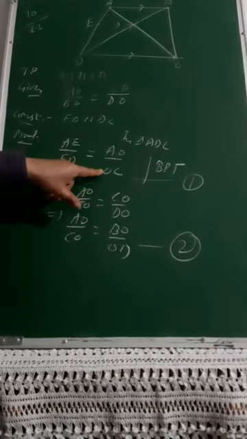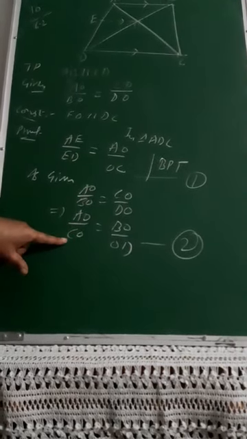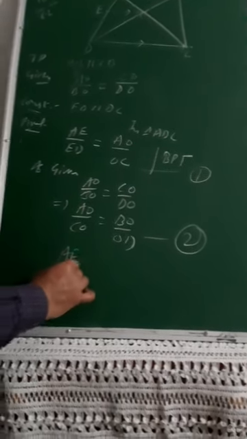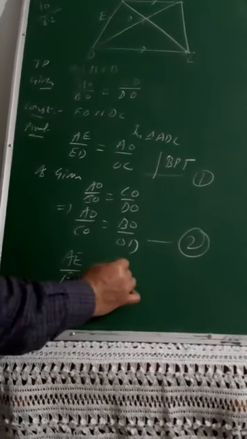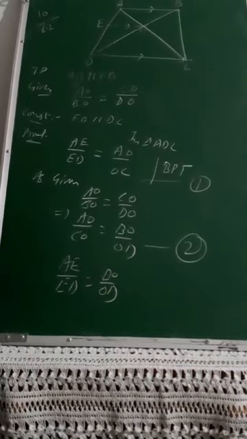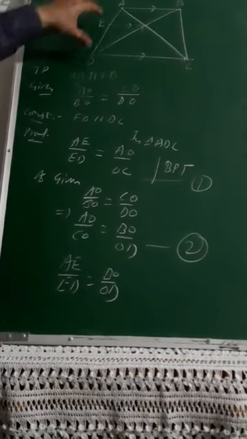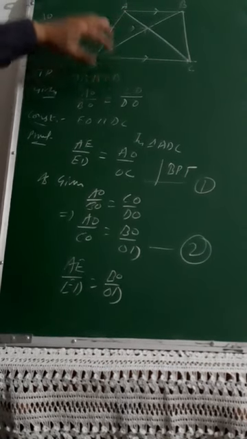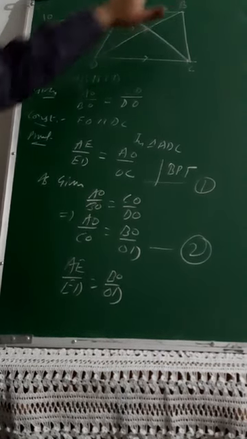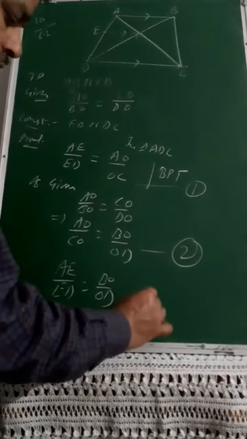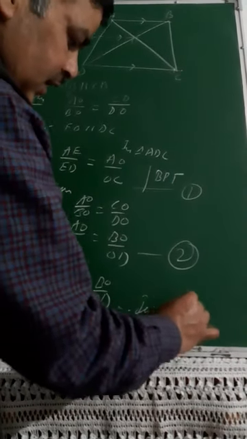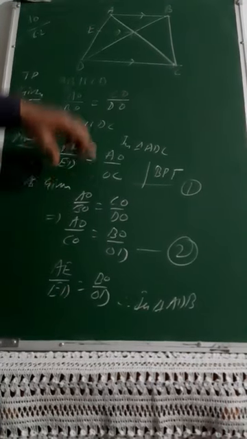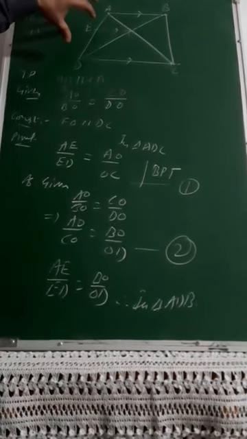So now this is also AO upon OC, this is also AO upon OC. So if I compare, I'll be getting AE upon ED is equal to BO upon OD. So now we look at this, AE upon ED is equal to BO upon OD. That means now I'm talking in triangle ADB. So therefore, in triangle ADB, by the converse of the basic proportionality theorem,